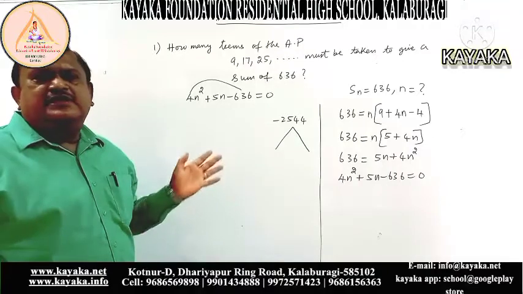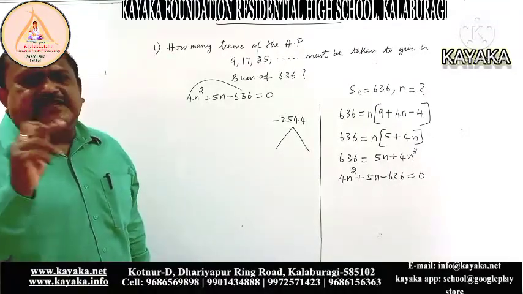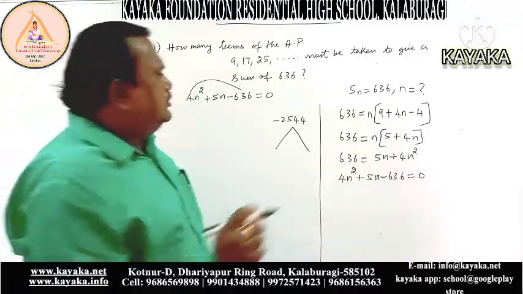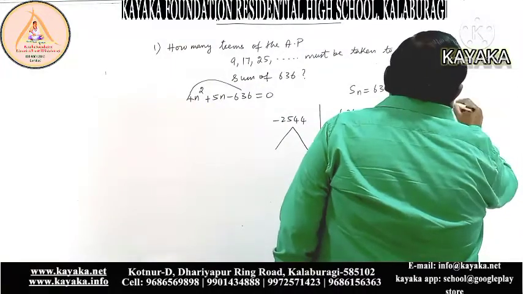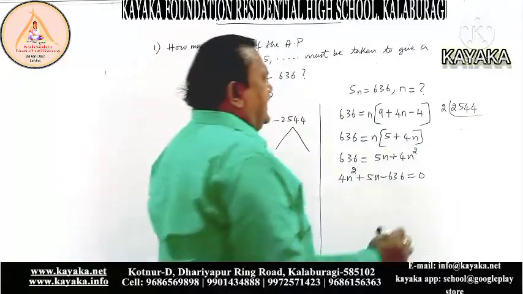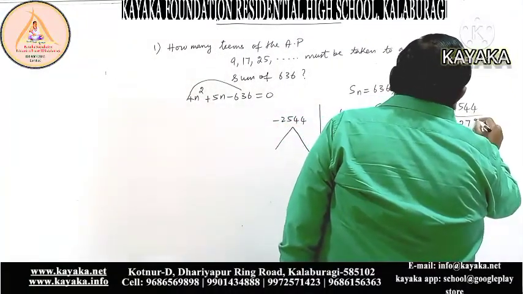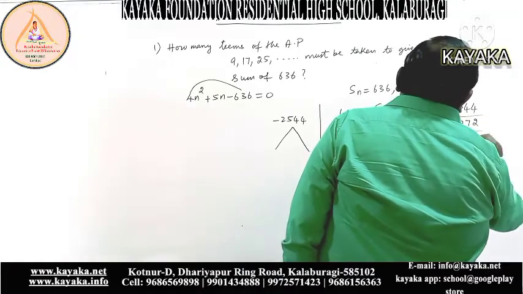For finding the factors, already I told you in the class, you have to go on dividing by 2, by 3, like that, go on dividing. You have to combine the numbers. See, like this you can do. 2544 is the number. If you divide it by 2, you will get 1272. Again you divide it by 2, you will get 636.